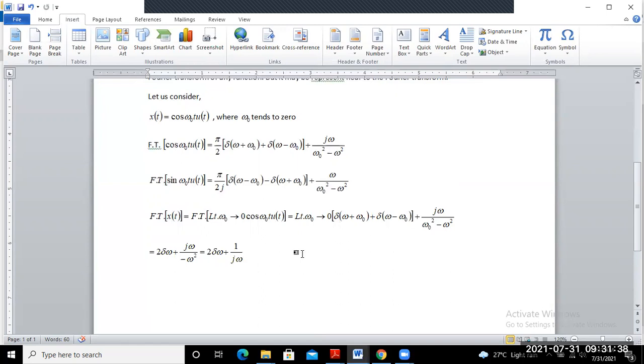In this way, you can solve some standard signals for the Fourier transform. So what we checked here is, first of all, the existence condition of the Fourier transform of any function, and then you apply the basic formula. Okay, so this is your Fourier transform of the step input. So we stop here, and in the next class we will discuss other things.